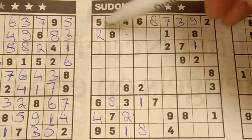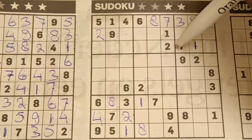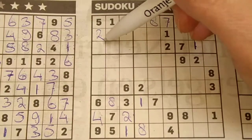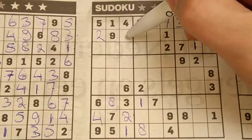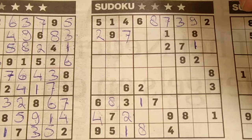In this big square, 4 missing numbers now. One of the missing numbers is a 7. I see here 7, so no 7 in these 3 boxes. 1 box left for the 7, should be here. Then